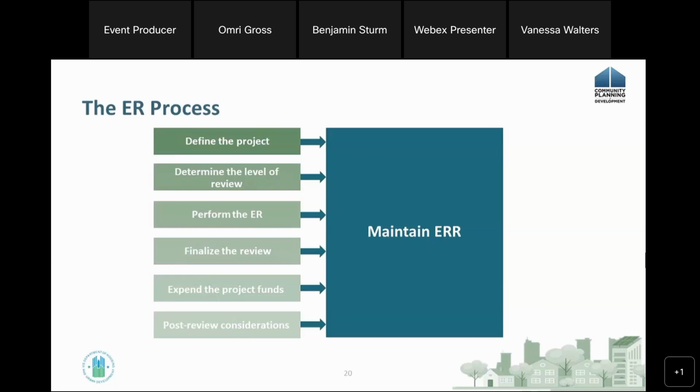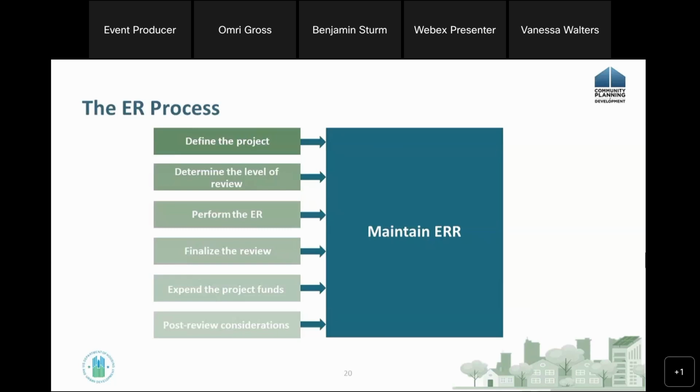For CEST or environmental assessments, your higher level reviews, this would include publishing your review for public comment, submitting the request for release of funds, and waiting for the authority to use grant funds from HUD. Then the fifth step is expending your project funds. So once you get that approval, that authority to use grant funds, or if you didn't need to submit a request for release of funds to HUD pending your level of review,